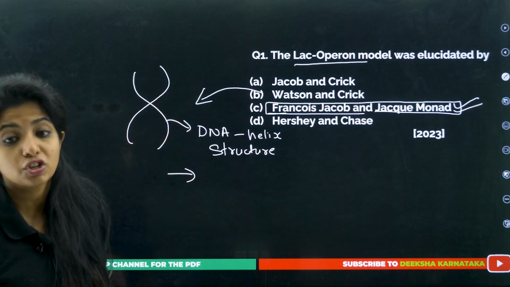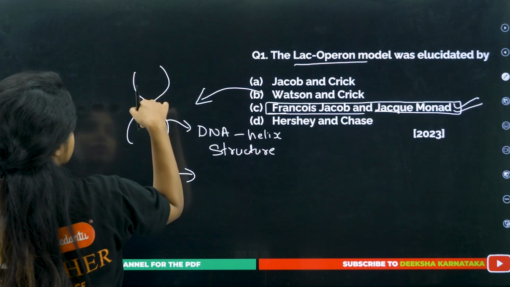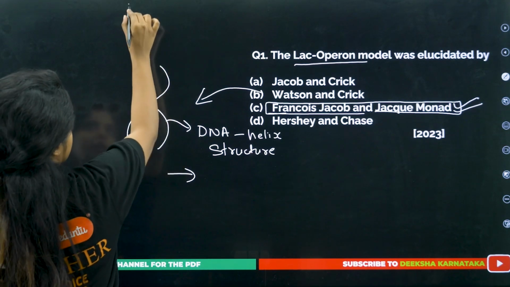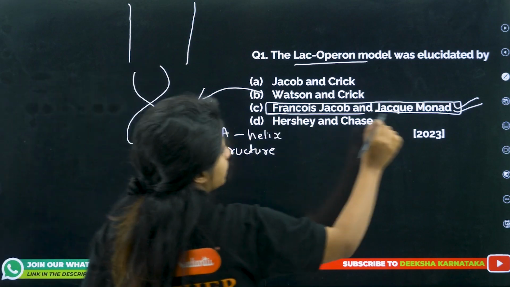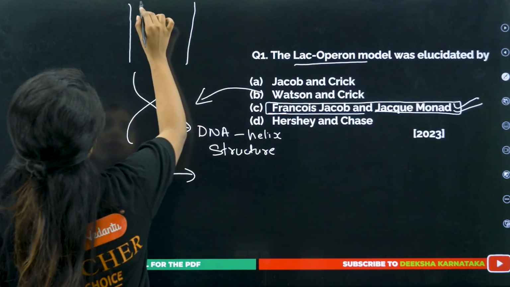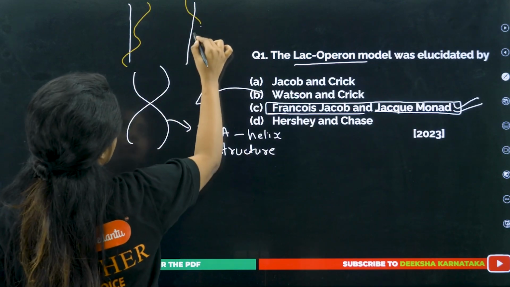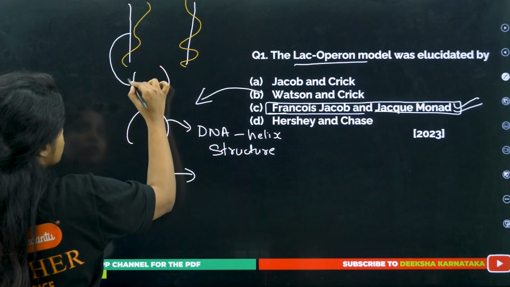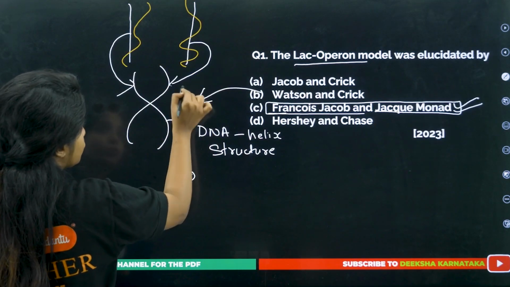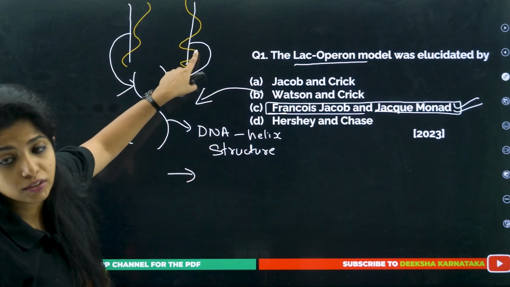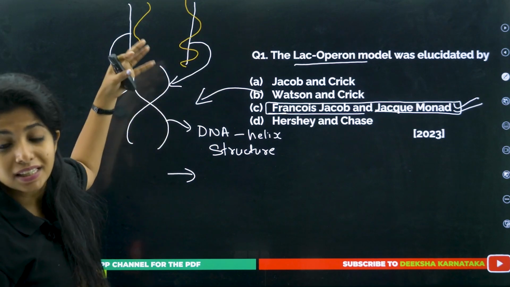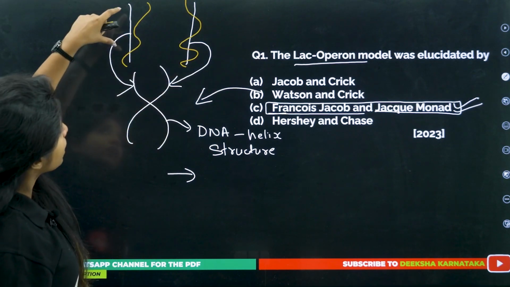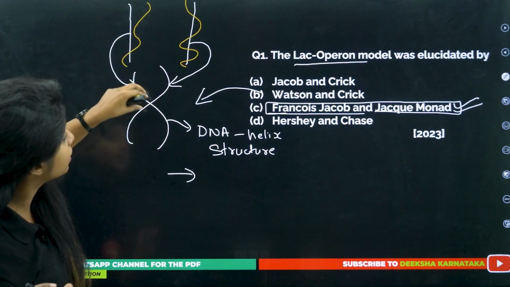Whenever this DNA strand replicates, it has to separate. This is one strand, this is another strand. Now a new strand will be formed around each. If you see, this strand is from the parent DNA, this one is also from the parent DNA, and this is the new strand, this is a new strand. So can I say it is a semi-conservative mode of replication,